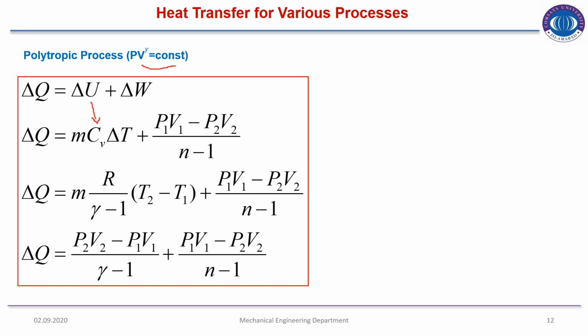We have replaced it and derived this expression. Work done for polytropic process is equal to this. So del Q is equal to mCv dT plus (P1V1 minus P2V2) over (n minus 1). We have already derived this expression